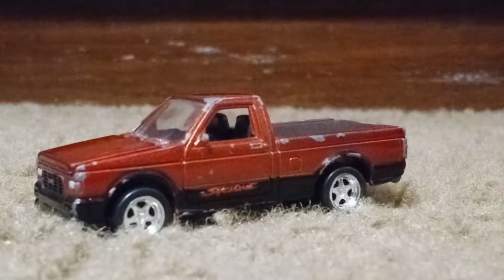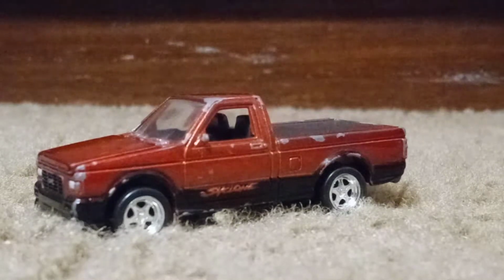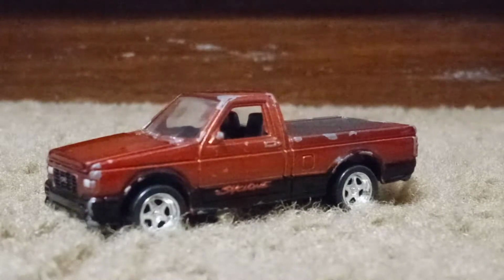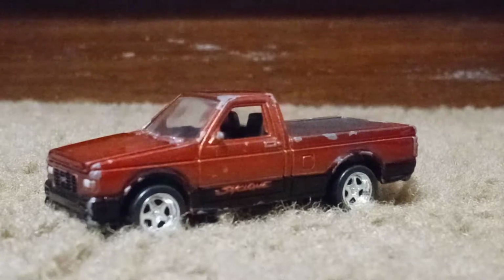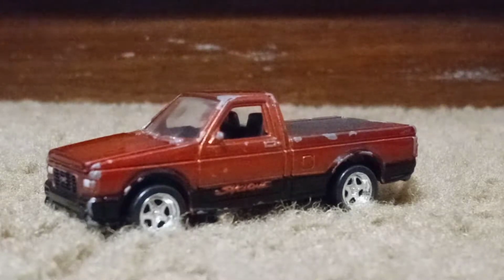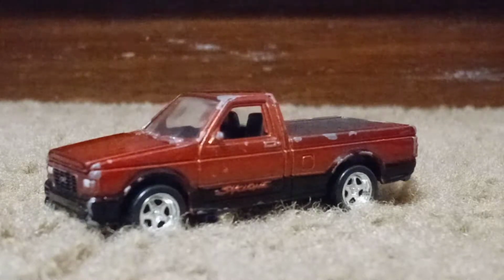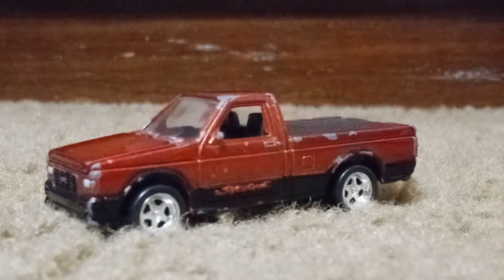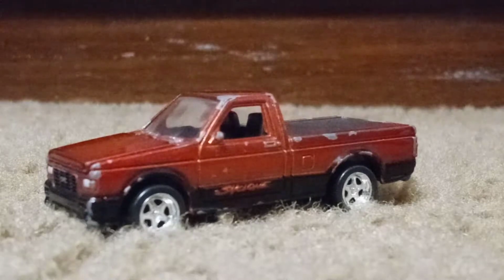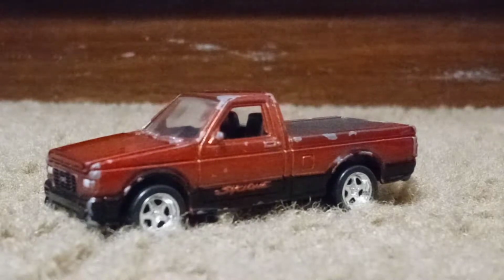Today we're taking a look at the 1991 GMC Syclone. This 1991 GMC Syclone is all-wheel drive, and the engine type is 4.3 liter turbocharged. And this vehicle is 6-speed manual, and this one is a pickup truck, and this one's made in the 90s,